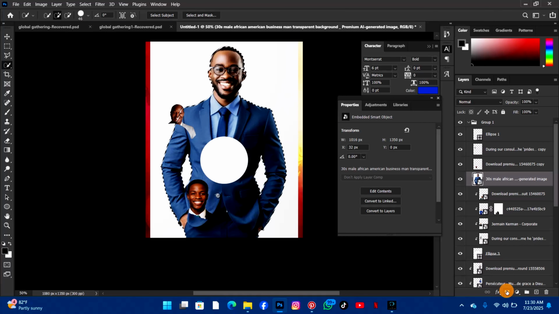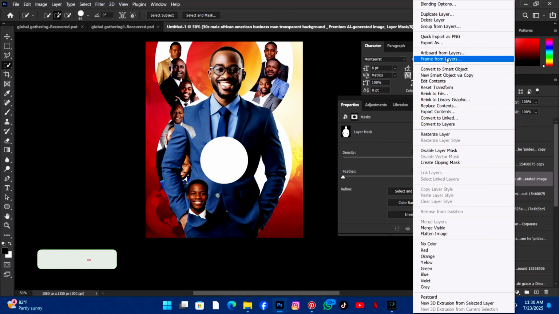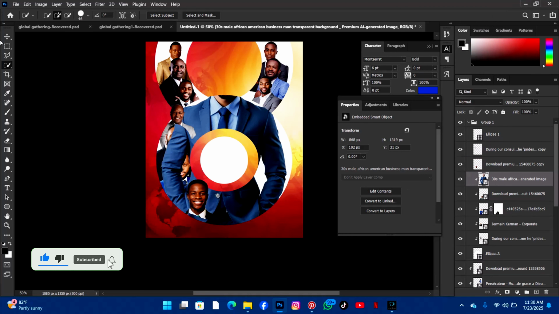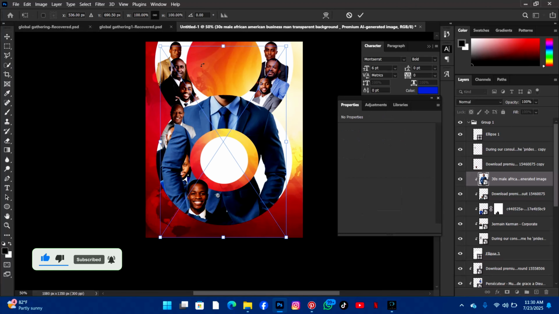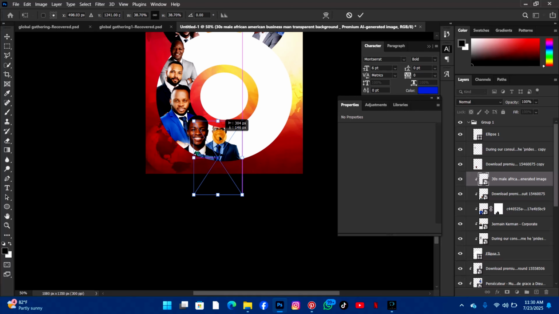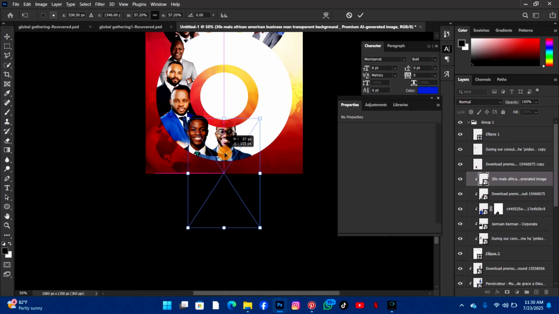Select your subjects, you mark them, convert to smart objects, and create clipping marks. The steps are not too difficult if you know what you're doing, and if you are focusing on the design, you understand it. So let's just increase it a bit. Let's not reduce it,